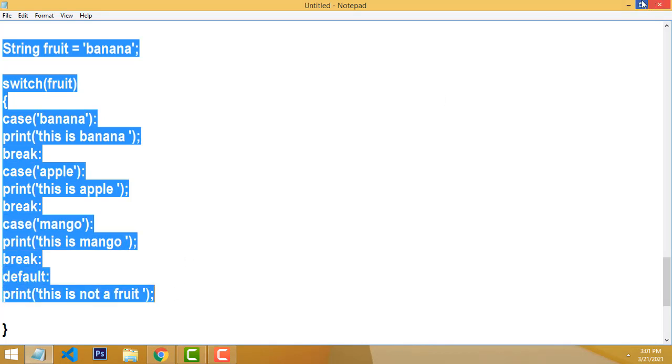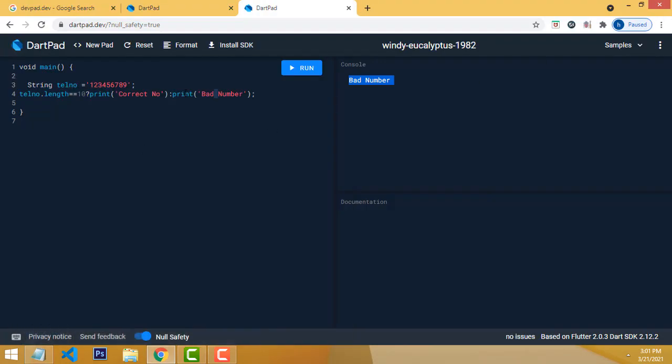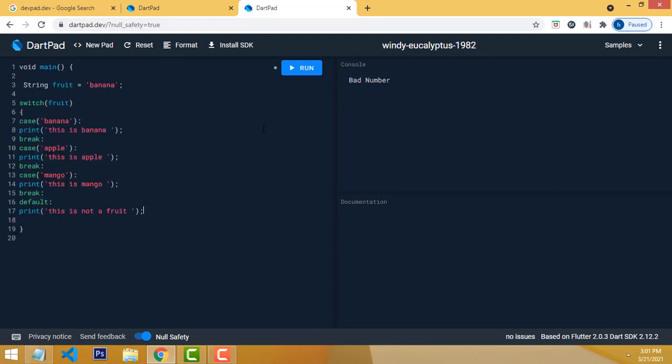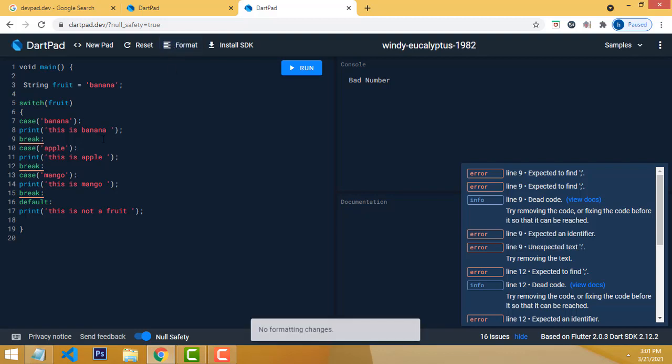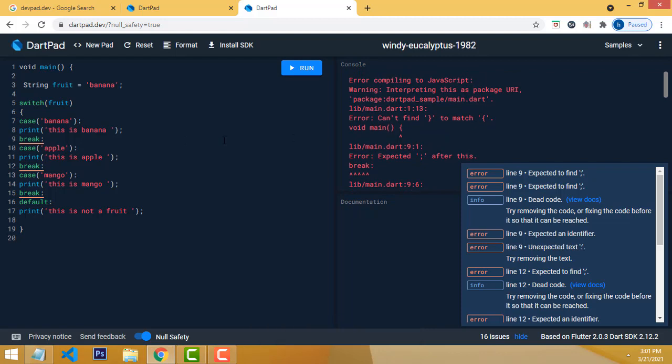Another program. I hope you have understood so far the single line if statement. Let's go through another part. This is the multiple if condition, formatted correctly. What is the error here? Break.